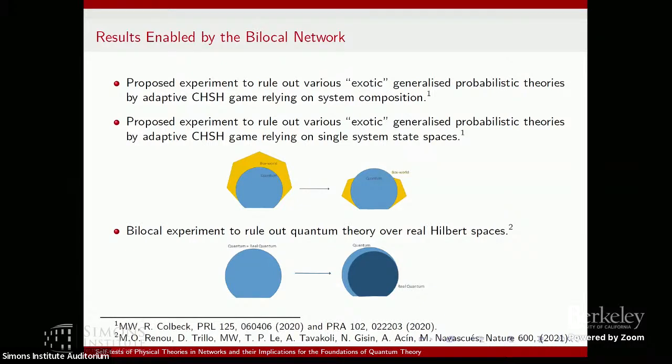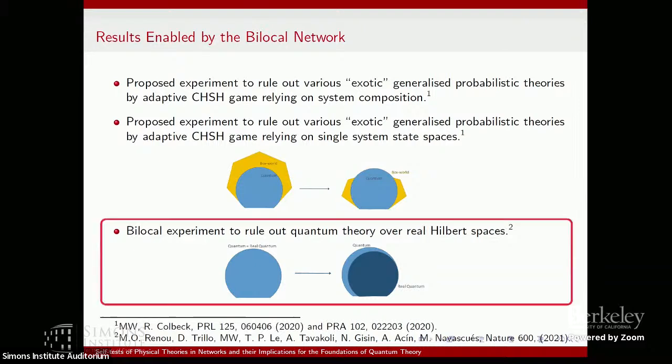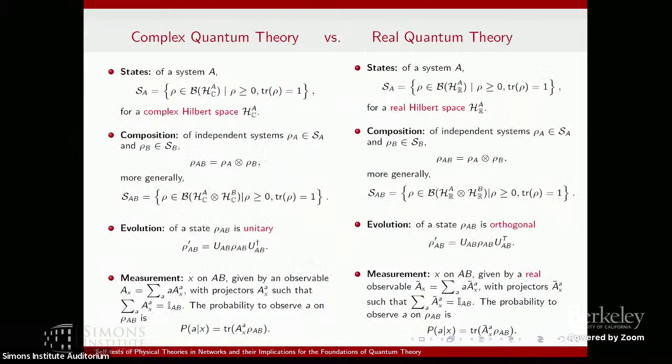Okay, so in this case, the picture is a bit different because the situation kind of reverses in some areas, but really we will essentially get a better resolution of theories that were not different in the Bell network. And I think this is the most interesting generalized probabilistic theory one can look at, and in that sense, yes, I will focus on that. Okay, so now for this we need quantum theory though, and I don't know how familiar everyone is.